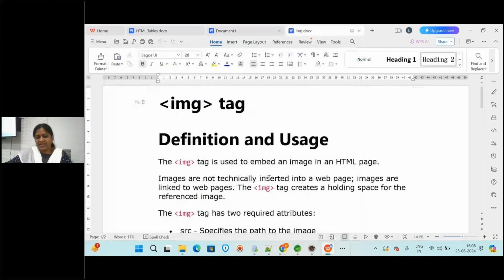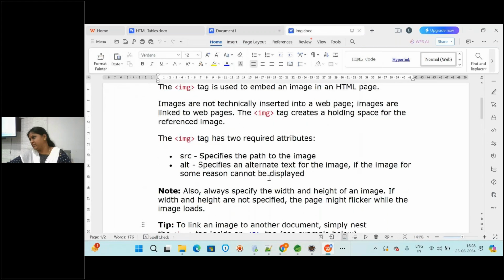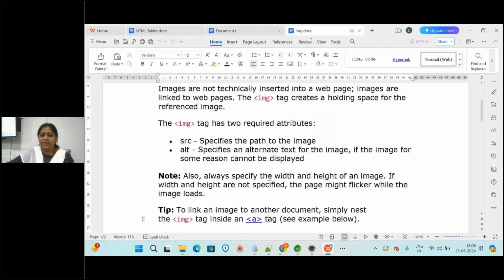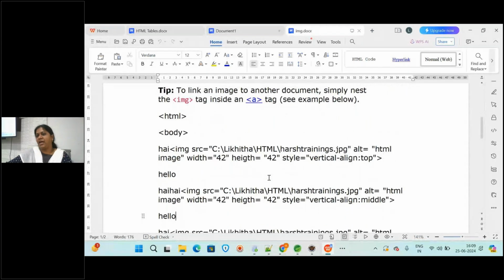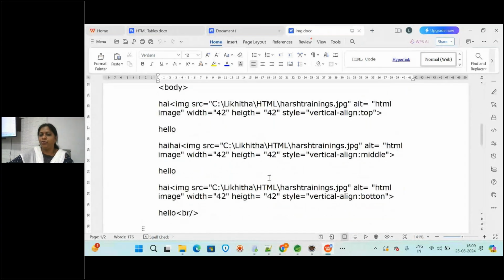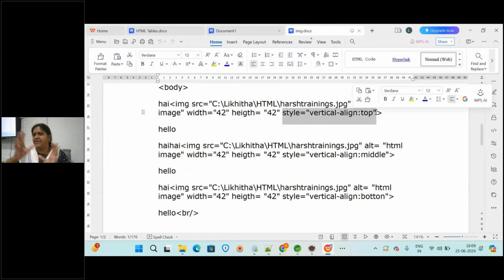So for the image tag, as I said, these are the attributes. I will be sharing the document of the image class as soon as it is done. And width, height, and here I want to tell about one more attribute for the image tag, that is the style attribute. What is that? Style. So where it has to be aligned, it is aligning between the text only, to the top or to the right, left or bottom, where you want to align that image.